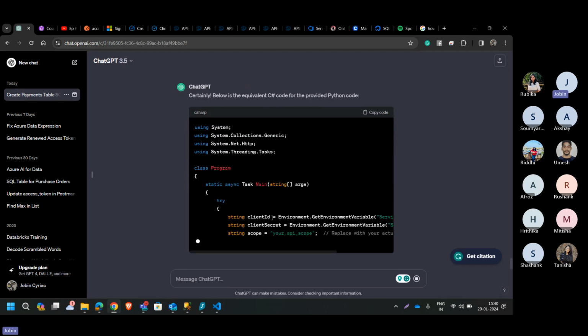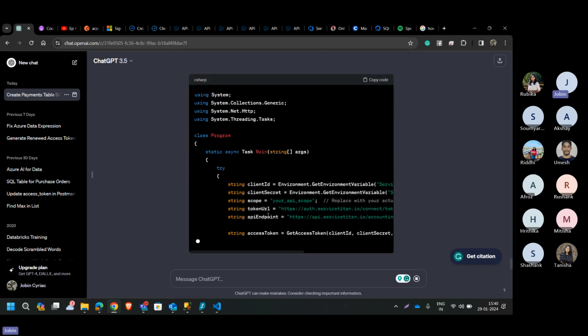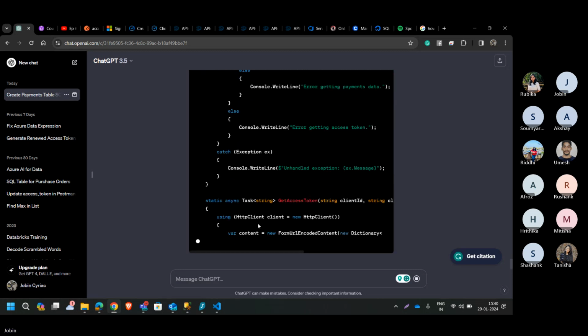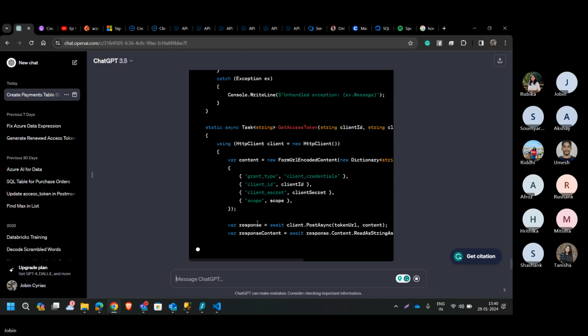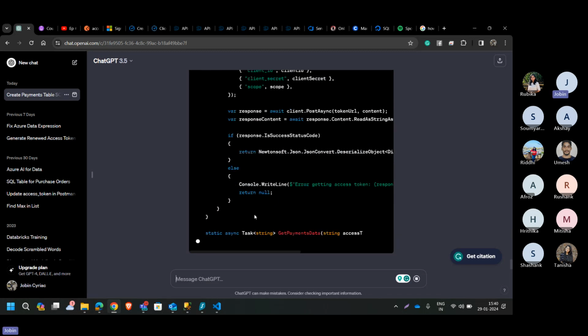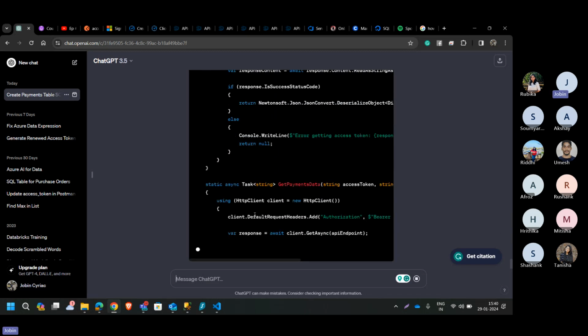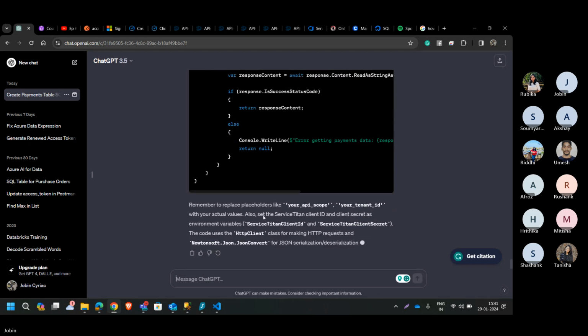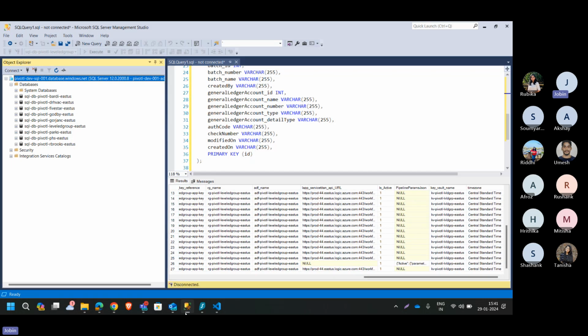So now we can see that it has provided us with the suitable code to do the necessary task. In C Sharp, the syntax is different, so hence we can see the long code. Now, if we have some stored procedure,